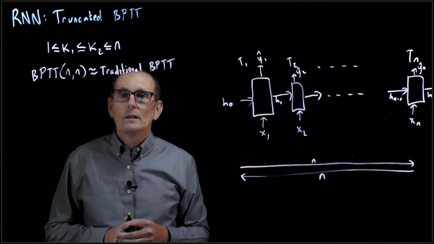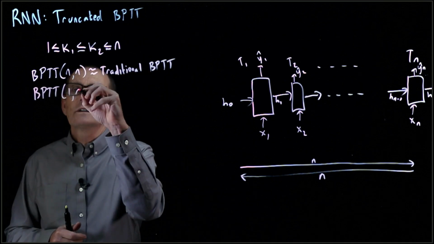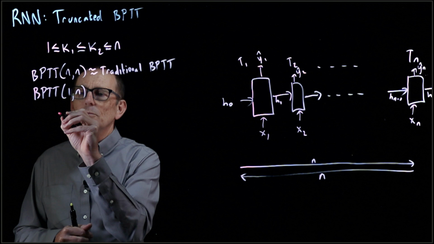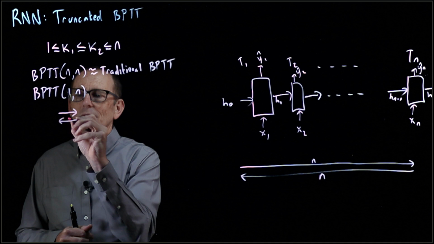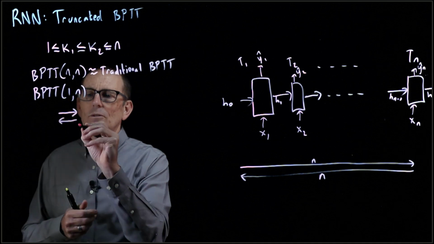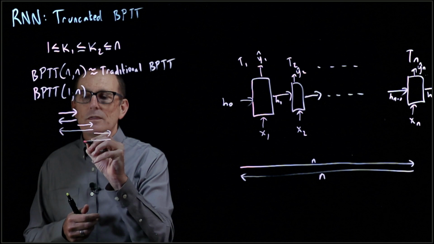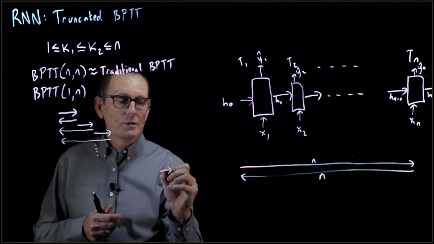Let's look at another possibility. If we have something like backpropagation through time of 1 comma n, what would that say? That would say we're going to move 1 time step forward, and then we're going to move up to n back. We're going to just move 1 back to begin with. Then we're going to move a second time step forward, and 2 time steps back, and a third time step forward, and 3 time steps back, all the way until at the end we're doing the nth time step forward and